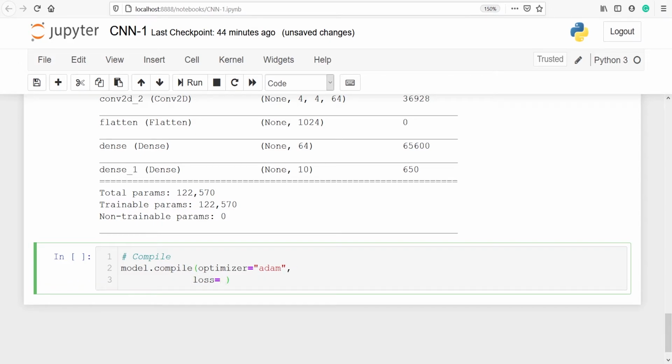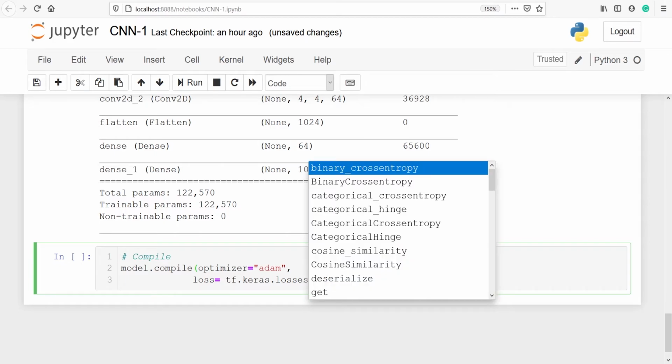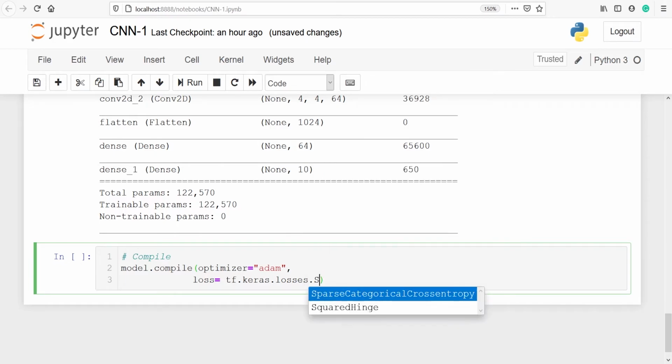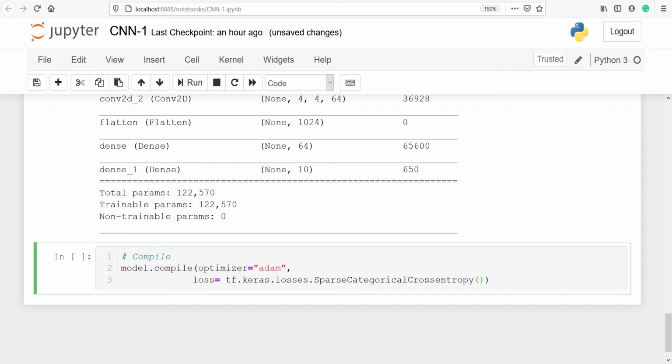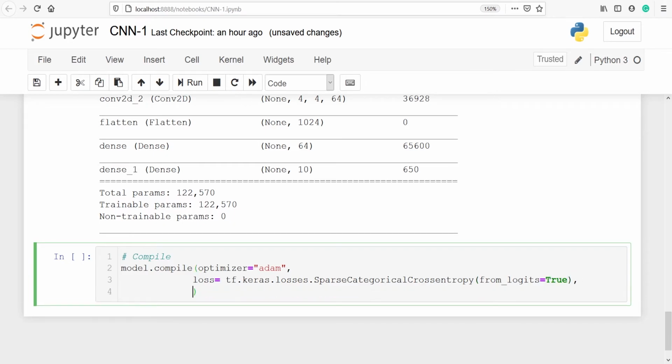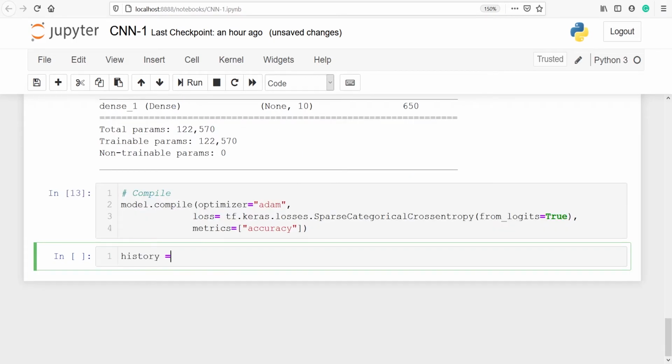Since our target variable contains 10 classes, we are going to use sparse categorical cross entropy from tf.keras.losses.SparseCategoricalCrossentropy, and we will pass one parameter, from_logits equal to True. In metrics, we will be using accuracy. Let's run our compilation.